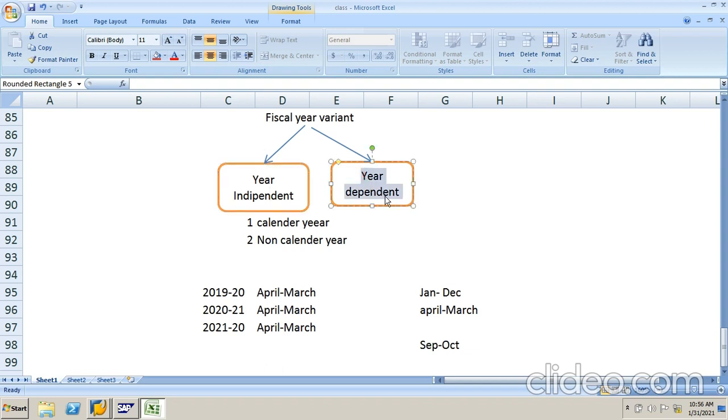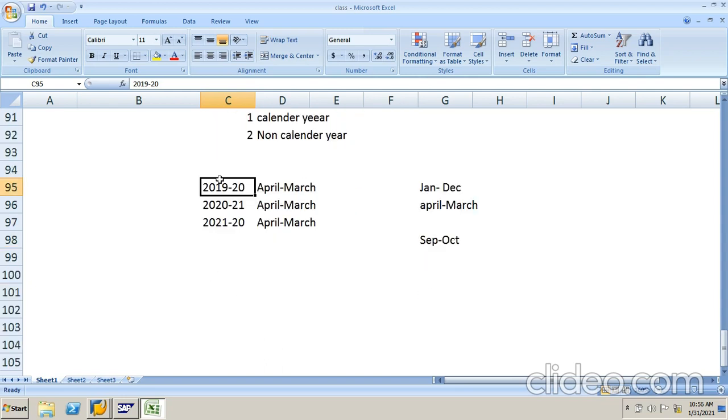Now coming to year dependent. Year dependent means the posting periods are not the same for all years. I will give one example. Suppose a company newly started its transactions in the month of January.